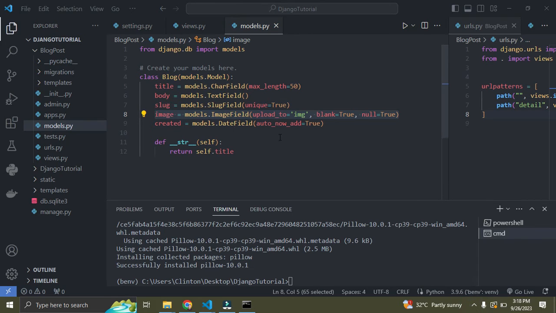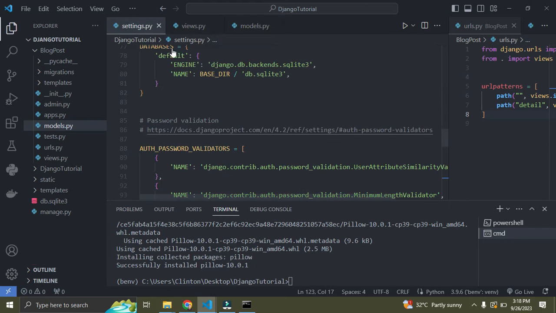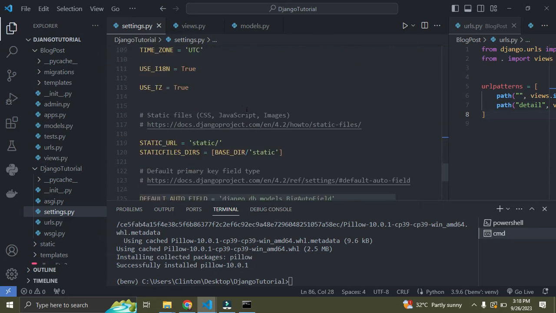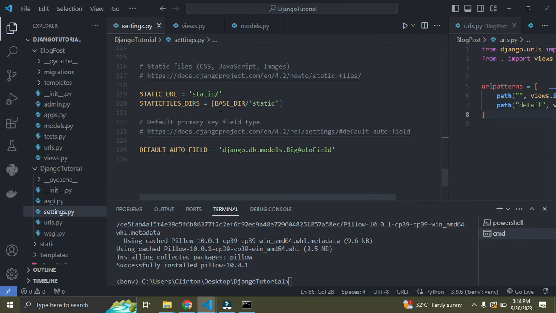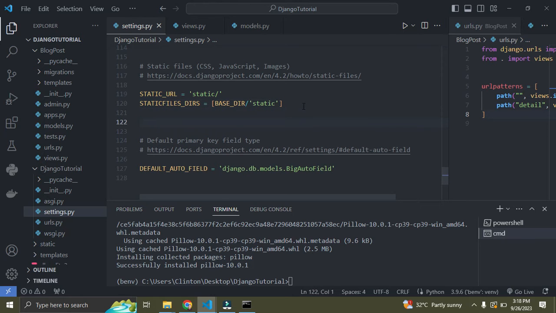Right now I'm going to go down to my settings.py file. The image you see here is what we call user uploaded files, because this image is going to be uploaded by the user. Understand? So we call these media files. I'm going to go down to the settings.py file, to the static part here. Now we're going to create a new URL called media